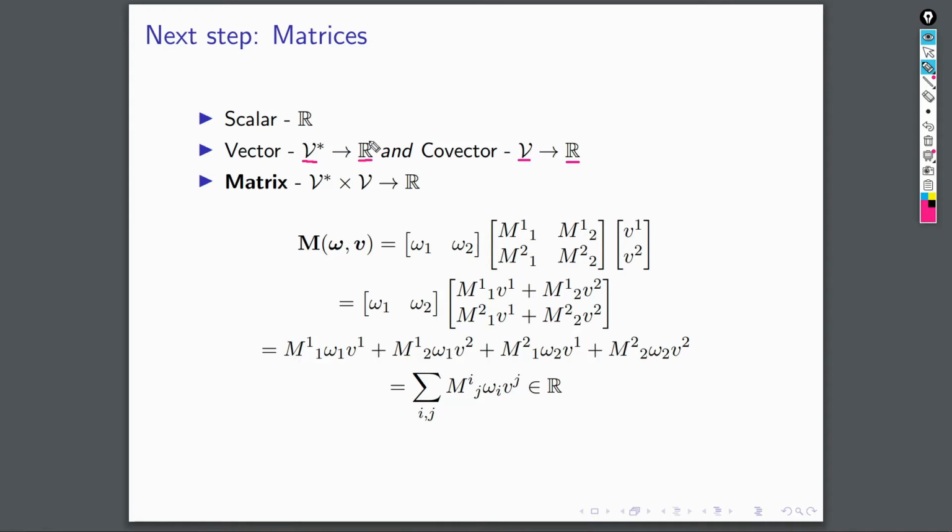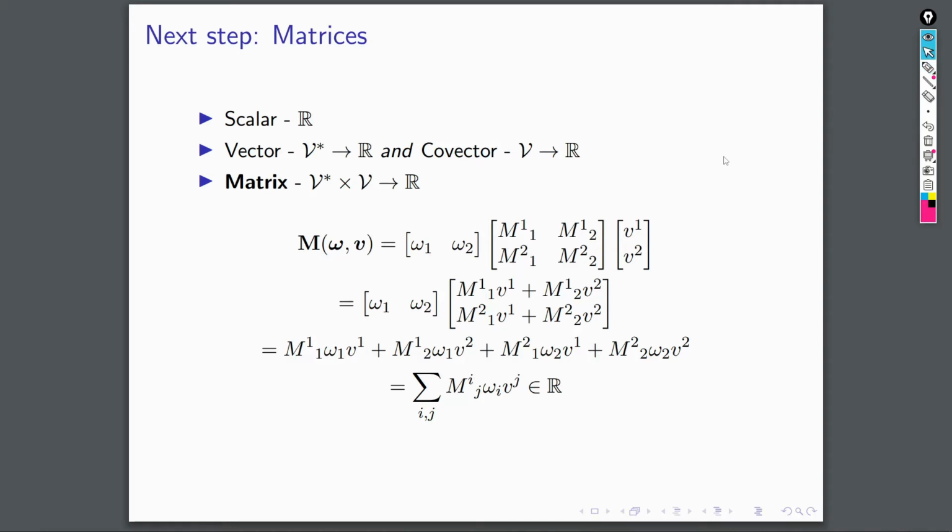So we can basically put the vector and the covector together, and we can say that a matrix is a map from one copy of the dual space and one copy of the original space to the real numbers. Okay? And as in the previous slide,